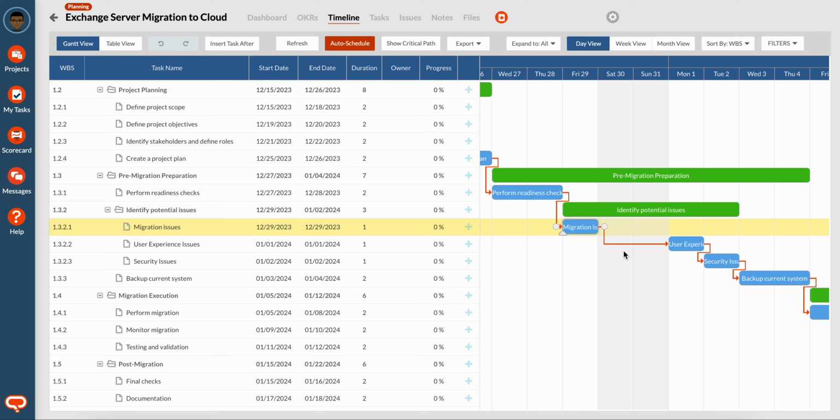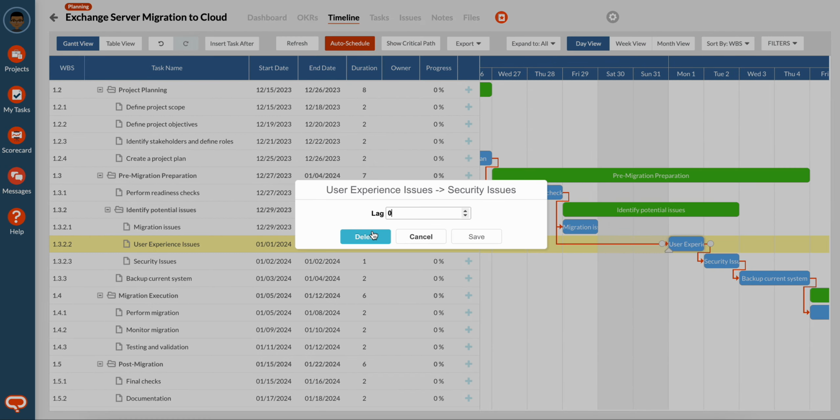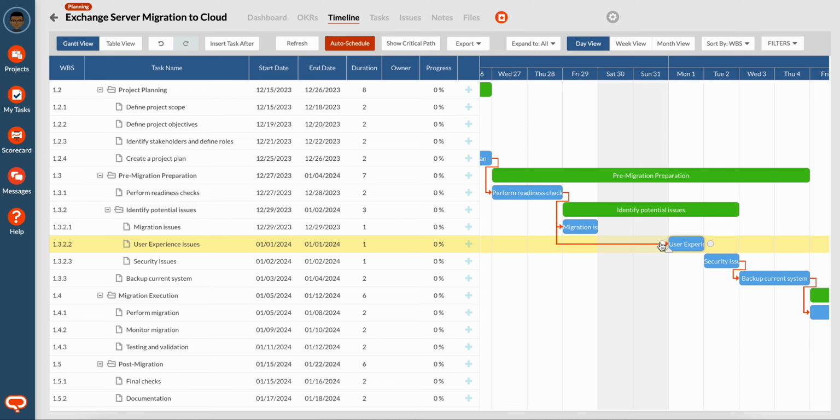In that situation, what we want is a start-to-start relationship. This task and this task can start at the same time. To do this, the first thing we do is delete the finish-to-start relationship and drag the start of this task to the start of that task. Similarly, I'm going to delete the finish-to-start over there and link the start of this task, user experience issues, to